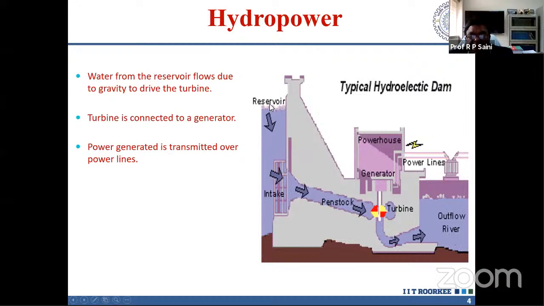Basically, what is the available form? What is the form of energy available in hydro? It is potential energy. In physics we can immediately say mgh. That is the form. Here m is the mass, g is the gravitational acceleration, and h is the vertical height. In hydro terms, this vertical height is known as the head.